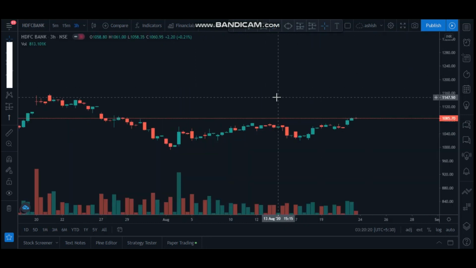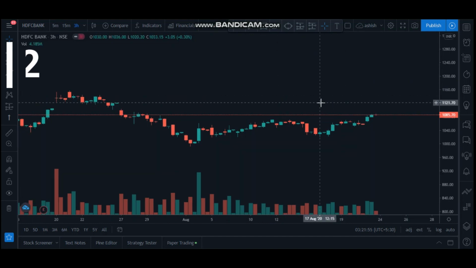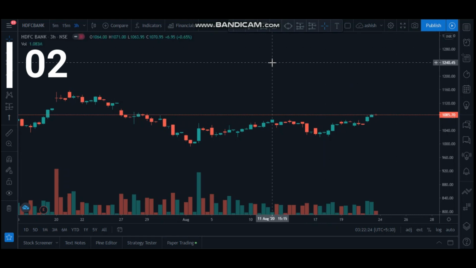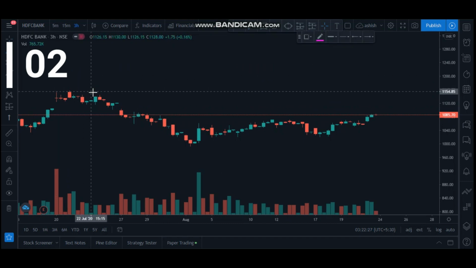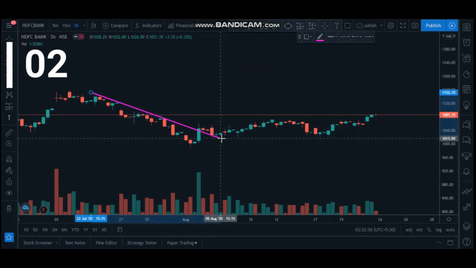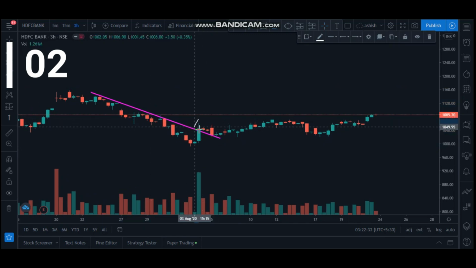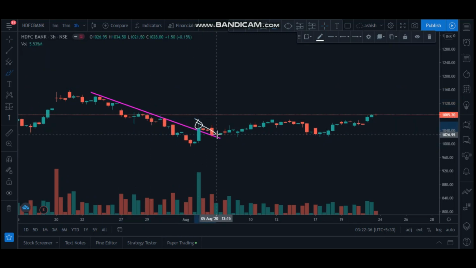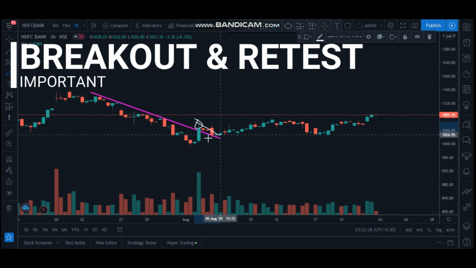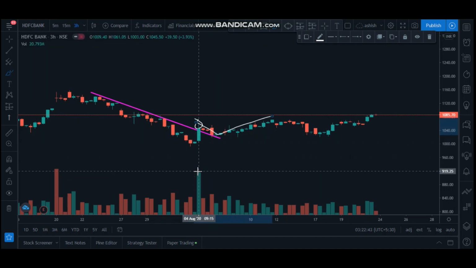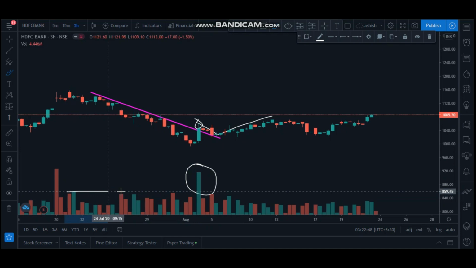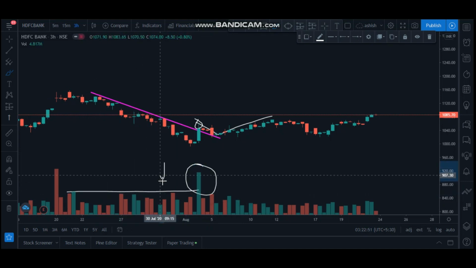The second tip is volume should be high during breakout. During my live trades, I always say that volumes were high in my direction. What does that mean? If we draw a simple trend line from here, we can see price gave a breakout here and the market took a retest on this trend line and then started moving up, and right below this green candle we can see green high volume. All these volumes were lower than this big volume bar. That means there were more buyers in this direction.